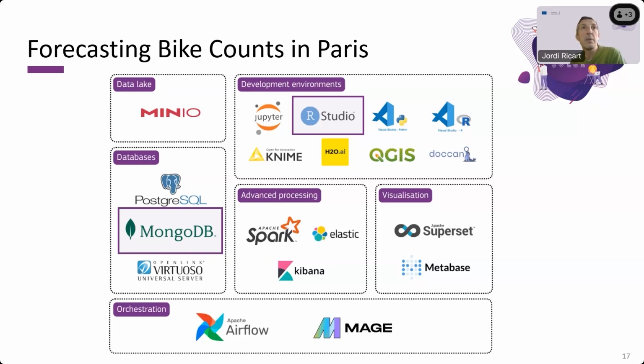trends in bike usage. We'll also be using RStudio for our R scripts. What is it? RStudio is an integrated development environment for R, a programming language widely used for statistical computing and data analysis. RStudio offers a user-friendly interface that supports script writing, data visualization, and package management. We'll leverage RStudio to write and execute R scripts that perform data analysis, including fetching the data from APIs, cleaning and processing the data, and building forecasting models. RStudio simplifies the coding process, allowing us to focus on analysis rather than technicalities.